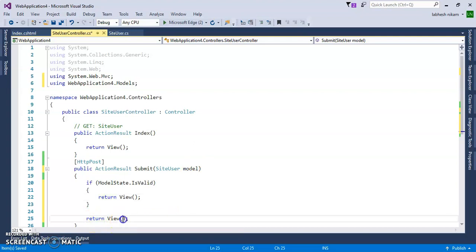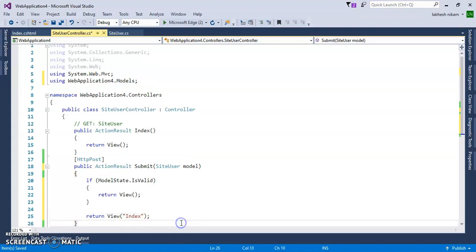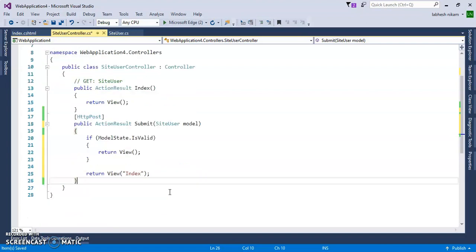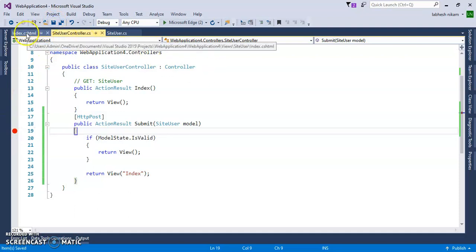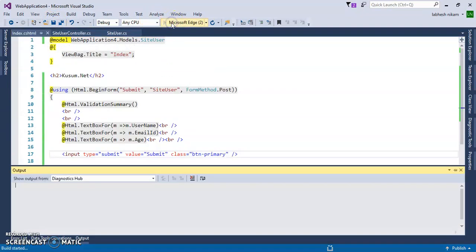And here return View index means go to the proper page again. So this will work. Now we will give a breakpoint for it, this one. Let's run the program and check it.